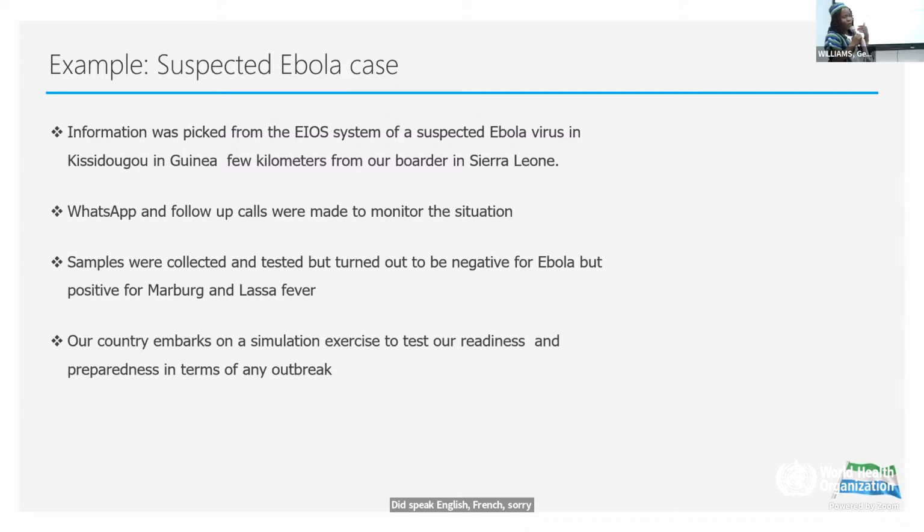If I want to communicate, I have to find someone from the Ministry of Environment or the Animal Department who can translate. I speak English to him, and he translates to them. And it was found out that the rumor is true, that there was a suspected Ebola outbreak. They did the risk assessment and collected samples, and it turned out to be negative for Ebola